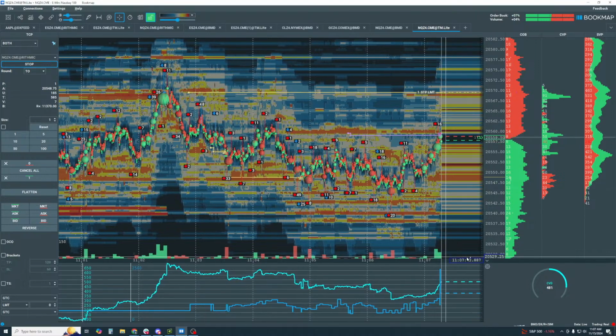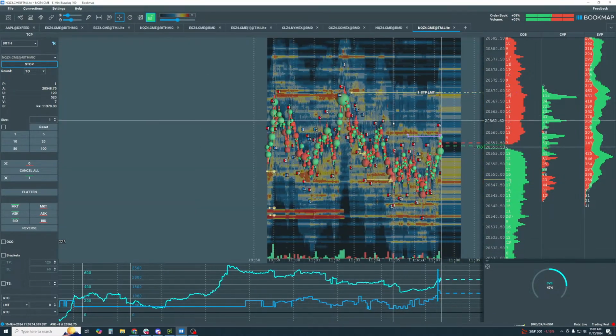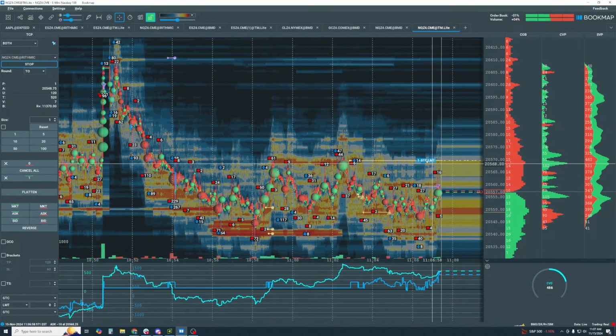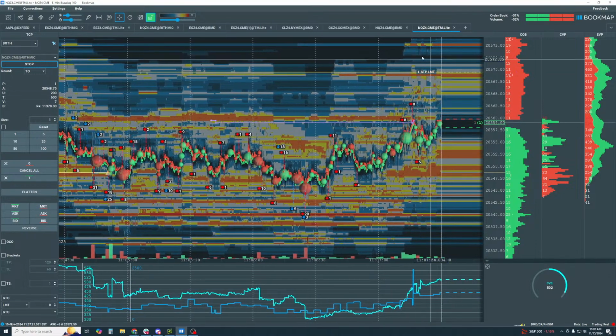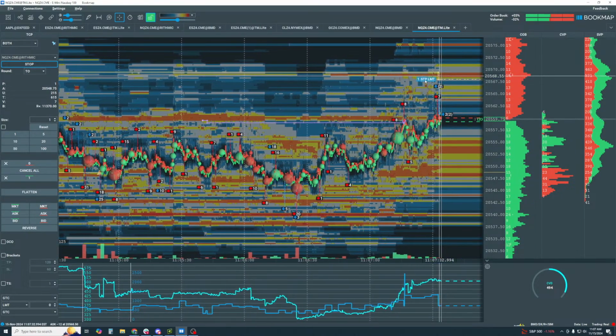There we go. Okay, so we reduced some risk there. We're still looking for our move back up to this 70 liquidity up here though. Right now it's kind of moved in here, right? So I'm going to move. I mean, the market's dynamic. I'm not going to hold on to my